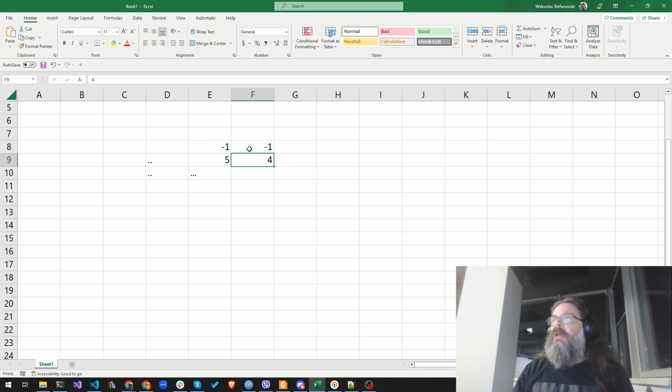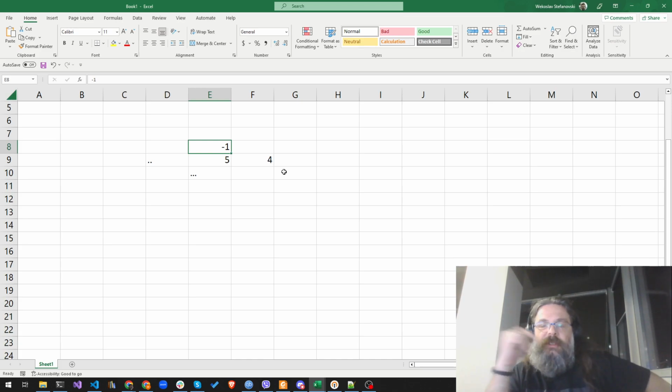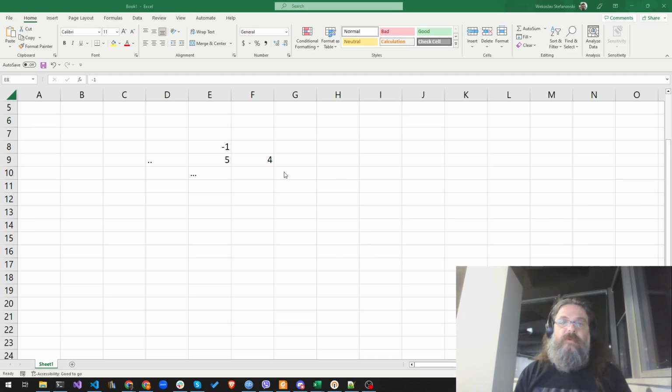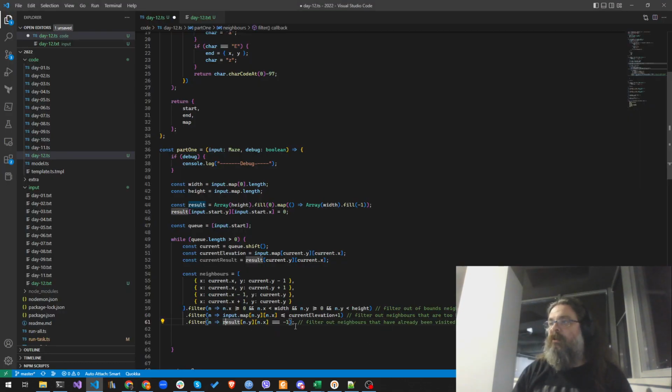On the other hand, these two were never visited, so they are interesting. If we can get to this one, we can put it as a 6 because it has never been visited before. So we want the result to be either a -1 or to be a value that is